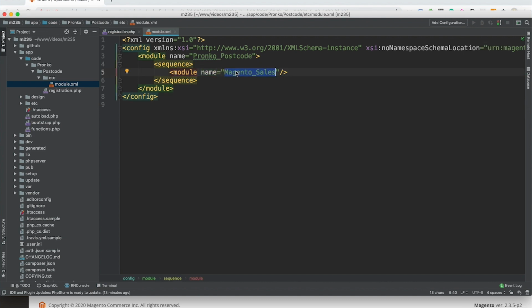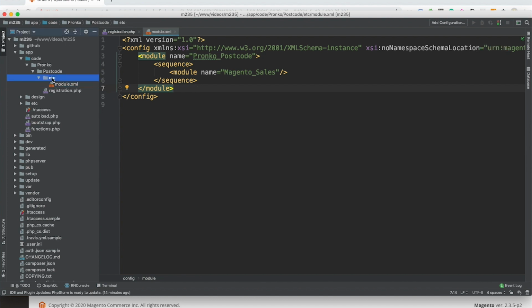Since we're going to extend sales functionality, it's necessary to provide a sequence for the custom module, Pronco Postcode, to Magento Sales. In this way, I can reuse the XML configuration that comes together with the Magento Sales module.